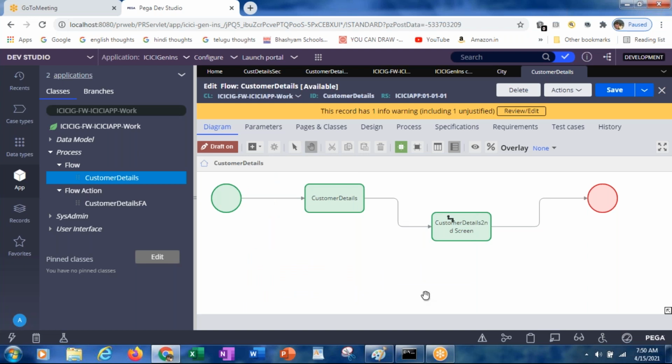Now this flow is there, but by mistake I did not connect this to the end shape.